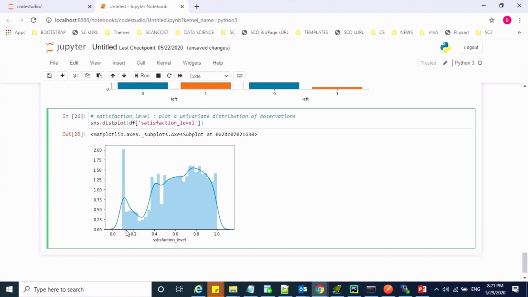This is the distribution of our satisfaction level. The takeaway is that the satisfaction level values range from around 0.1 to 1, and it has a high value at around 0.1, I guess.